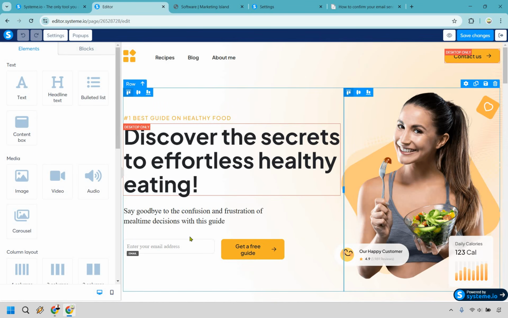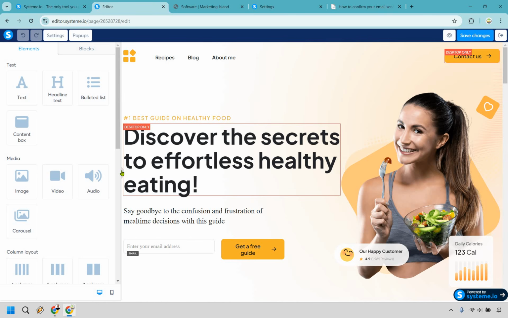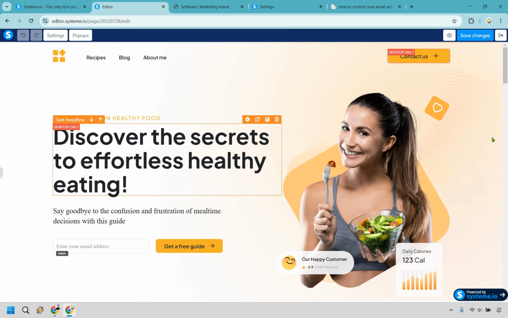This is where we can drag and drop a lot of aspects here, but ironically enough, pretty much everything we need is already going to be here. Don't worry if this isn't you or you're not discovering the secrets to effortless healthy eating, you can change that very easily, okay? Now I'm going to give you some tips here when it comes to creating a landing page